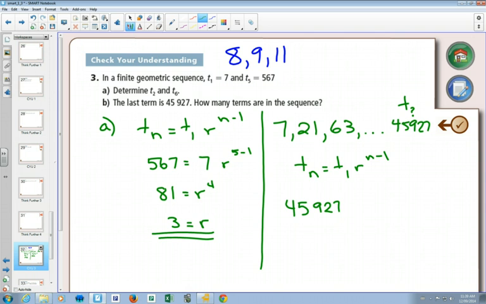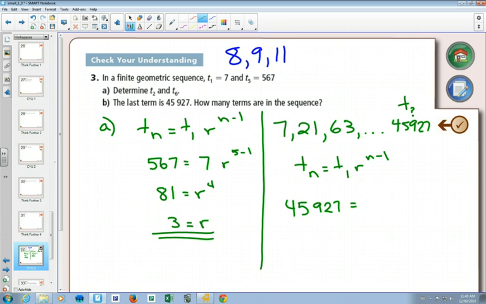So sometimes people start to think that Tn means the last term. In this case, it does. In this case, the last term is Tn for what we need to do, but Tn is just any term you want. You can put any number in for n. If you want term 3, then Tn would be T3, and n would be 3. If you wanted term 5, then n would be 5. Since we want the last term, and we want to find out how many there are, in this case, Tn is